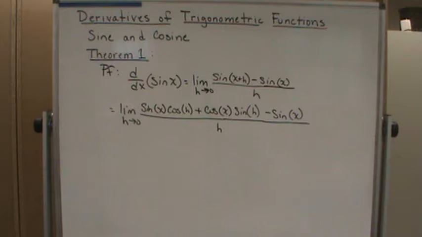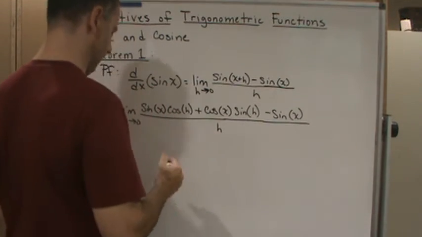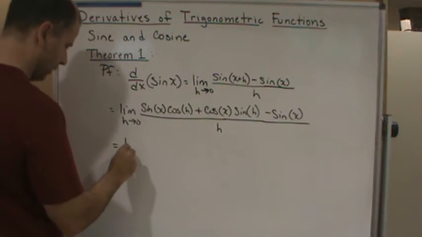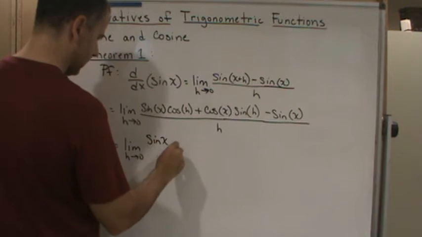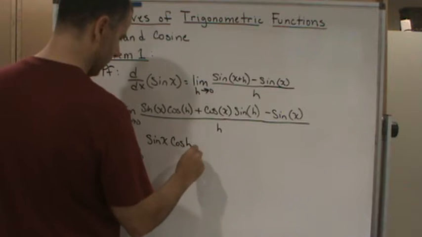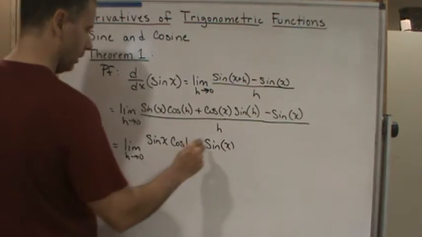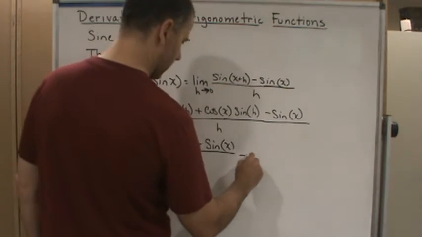Okay, now we're going to regroup and split this up into two fractions. So what we're going to do is move the sine here, move this down, and then we'll split it up. Because I've got the sine x here and the sine x here, we're going to want to factor that out. You'll see why in a moment. So let's do sine x cosine h minus sine x over h plus